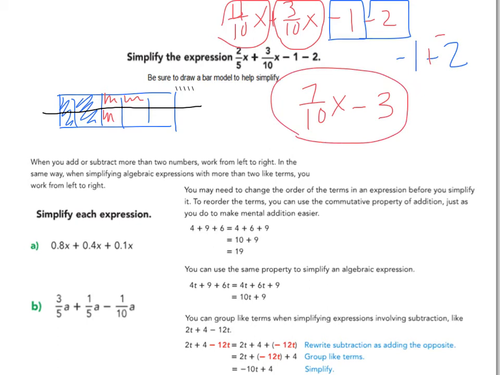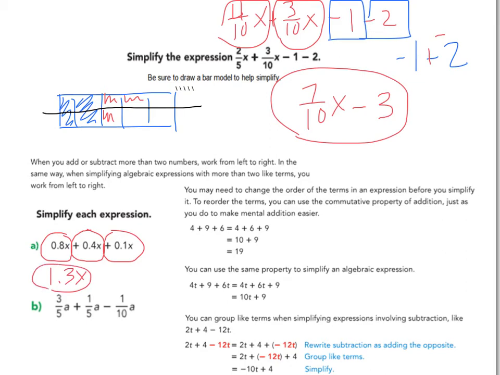Okay? Then we have, when you add or subtract more than two numbers, work from left to right, the same way when simplifying algebraic expressions. So again, we're going to start here. These are all like terms. Keep the sign with the number after it. So 8/10 plus 4/10 plus 1/10. Okay, so 8 plus 4 is 12. 12 plus 1 is 13. So that's